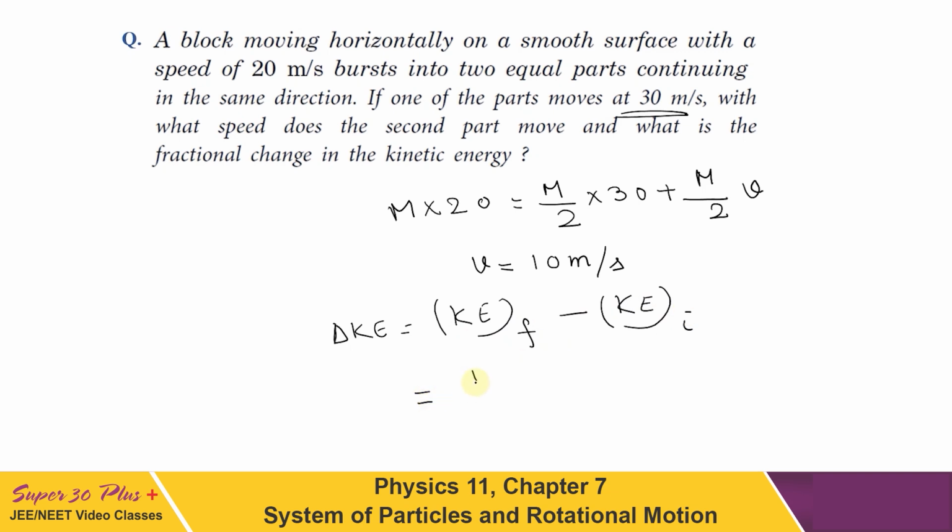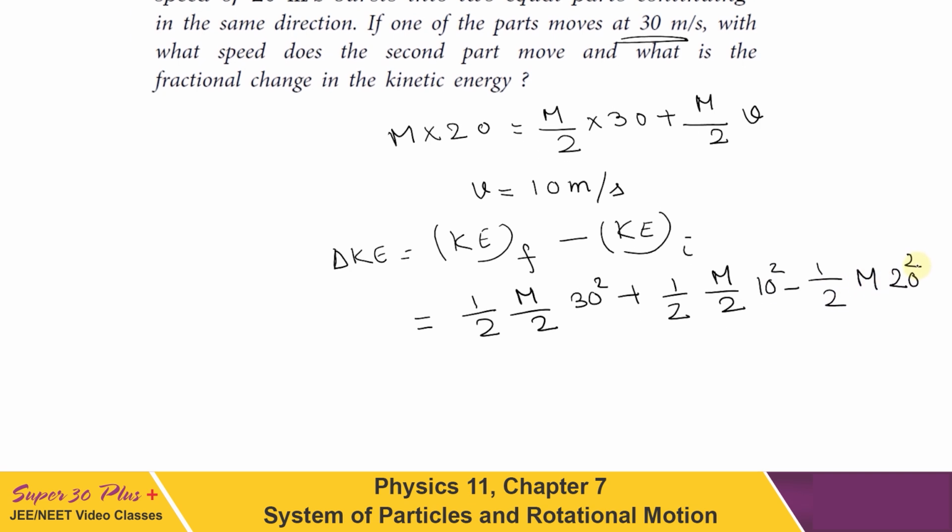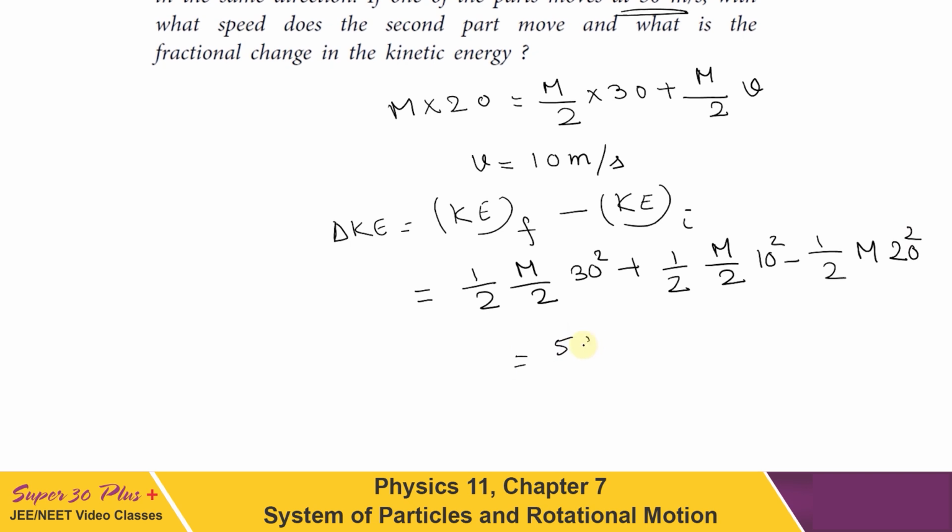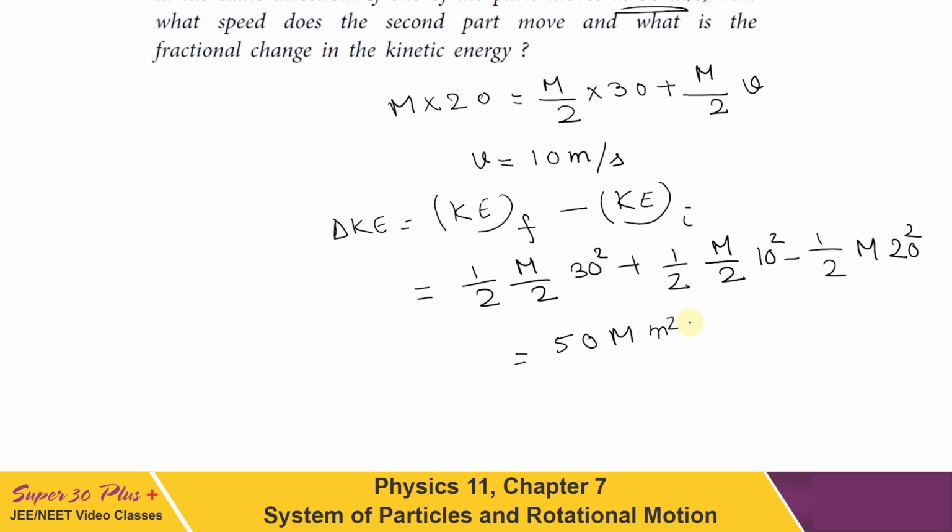So it will be half m by 2 30 square plus half m by 2 10 square minus half m 20 square, and on solving it will come out to be 50 m meter square per second square. But it is asking for fractional change in kinetic energy, so it has to be divided by the initial energy. So we can write delta KE upon KE initial, that will be equal to 50 m upon the initial energy,